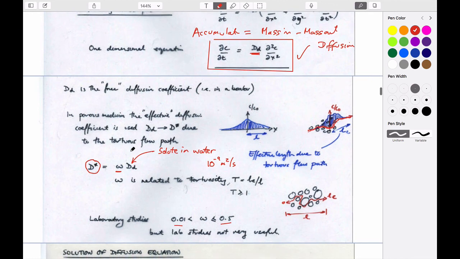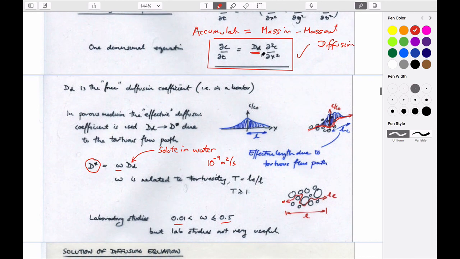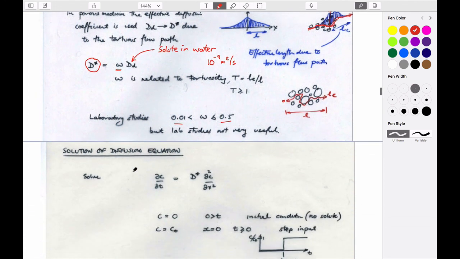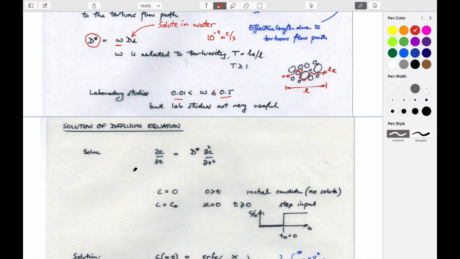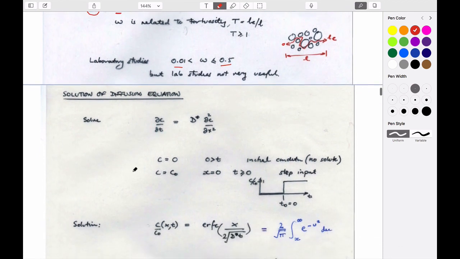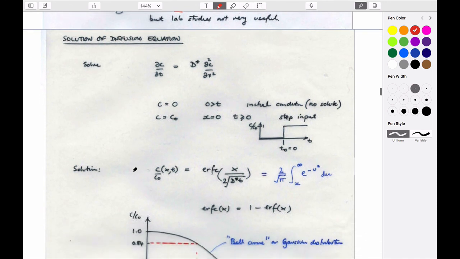So we can do two things. We have an expression to say how quickly this might happen, and we have a coefficient which governs it. We know how to get that coefficient. It should be D star in here, and we can get it as a function of the true diffusion coefficient. If we wanted to solve our particular problem for diffusion,